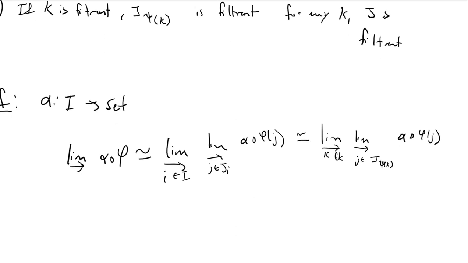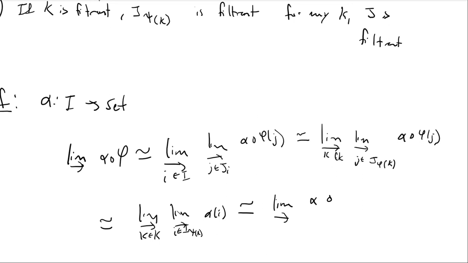This, of course, though, is the same as the limit when I essentially compose. This will be done now with alpha of i. So I get limit over k in K, limit over i in I_psi(k), alpha of i. Oh, I wrote psi over there. I think this needs to be phi. Sorry about that. Yeah, so this is alpha of i, but this is, of course, then the same result as previously, the limit of alpha composed with psi,